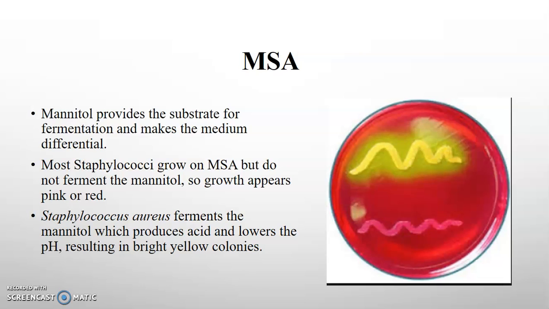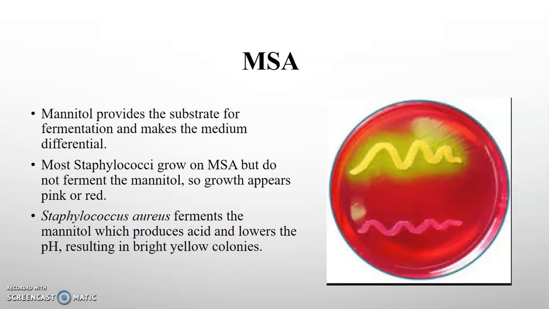When the pH in this plate decreases, that causes the phenol red pH indicator to turn bright yellow. So when you see yellow growth on this plate, you know you're looking at Staphylococcus, but you're also looking at a Staphylococcus bacterium that has fermented the mannitol. Really, there's only one species of Staphylococcus bacteria that does ferment mannitol, and that is the dangerous Staphylococcus aureus. So often when you're looking at these plates and you see yellow growth, that's a good indication that you are